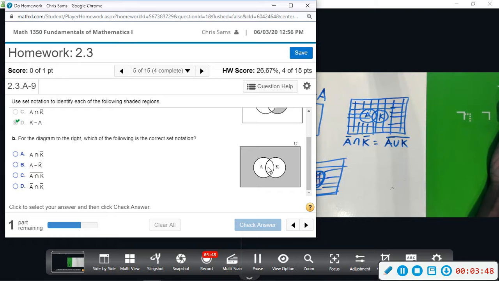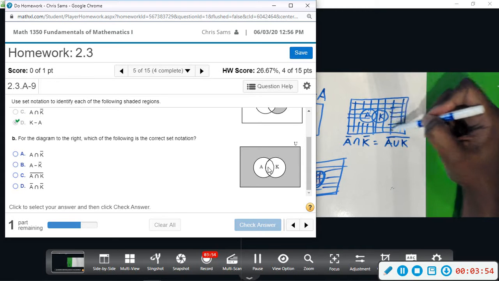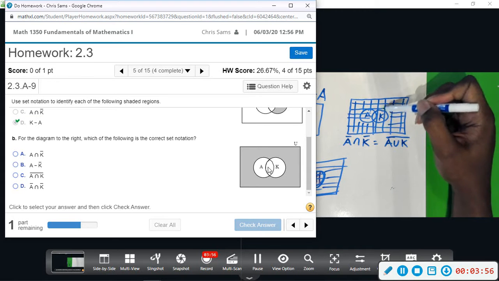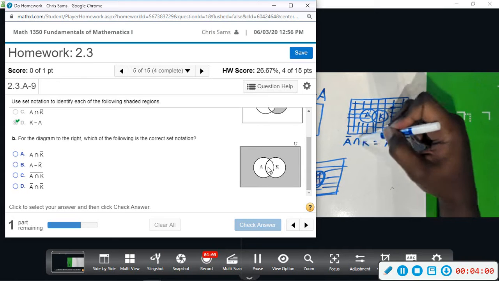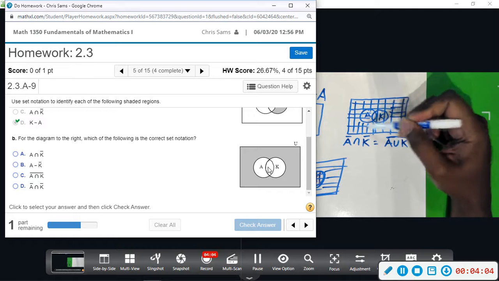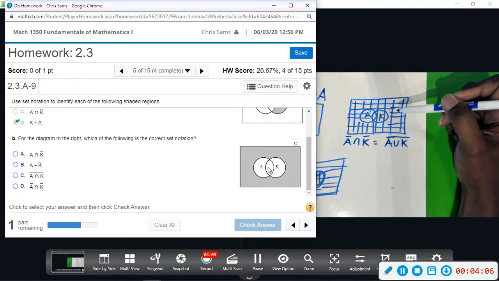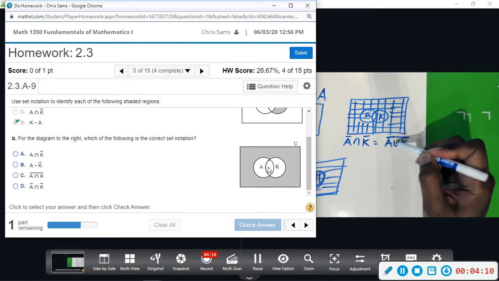Now if we look at the part of the picture that has double shading, the crosshairs, that is everything on the outside. K has shading but only vertical lines. A has shading but only horizontal. When we intersect, we want to know which one has both. So that would just be the outside. A cleaner picture is what we're seeing on the screen. If we look at it this way,